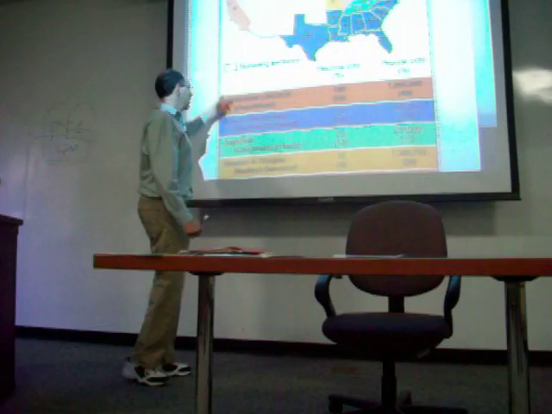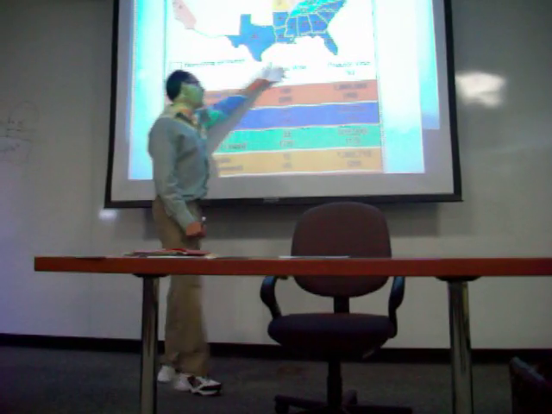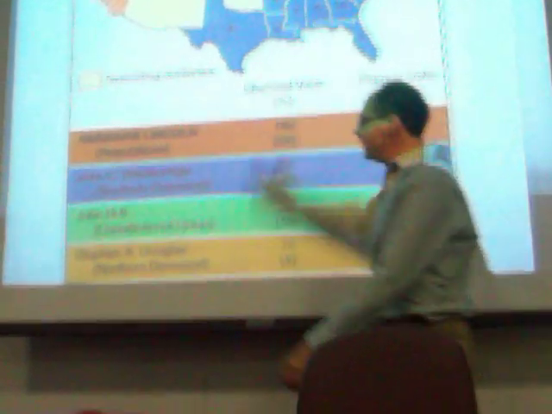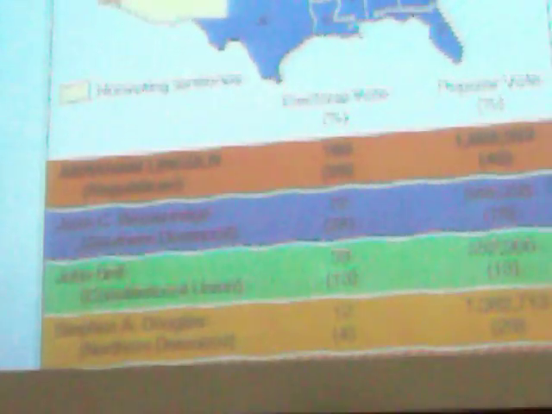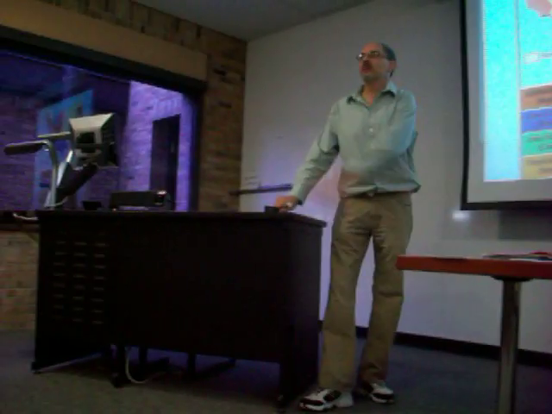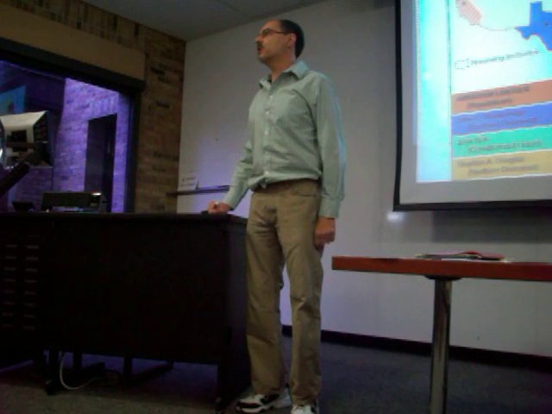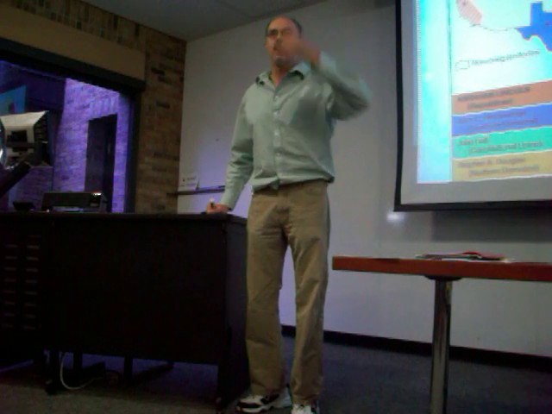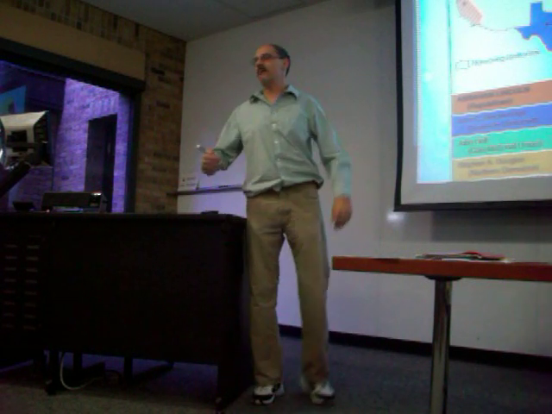Now, the whole point of this lecture is to discuss what position each of these four men held concerning slavery. So if you were to create a chart, it would be party name, candidate's name, position on slavery, and then electoral vote. The only thing missing from this chart, if you want to recreate it, is their position on slavery, which I will give you. Okay. But at the same time, I'm not creating that chart. But once again, as you can notice, even when I don't put charts on the board, I am verbally giving you a chart. I think in charts. Charts and graphs are how I think.